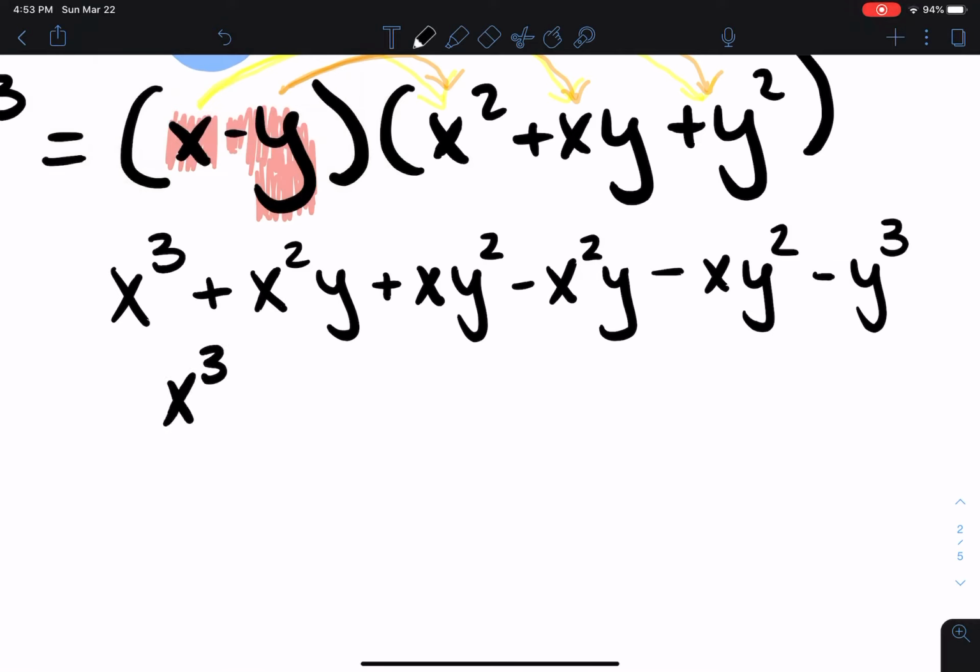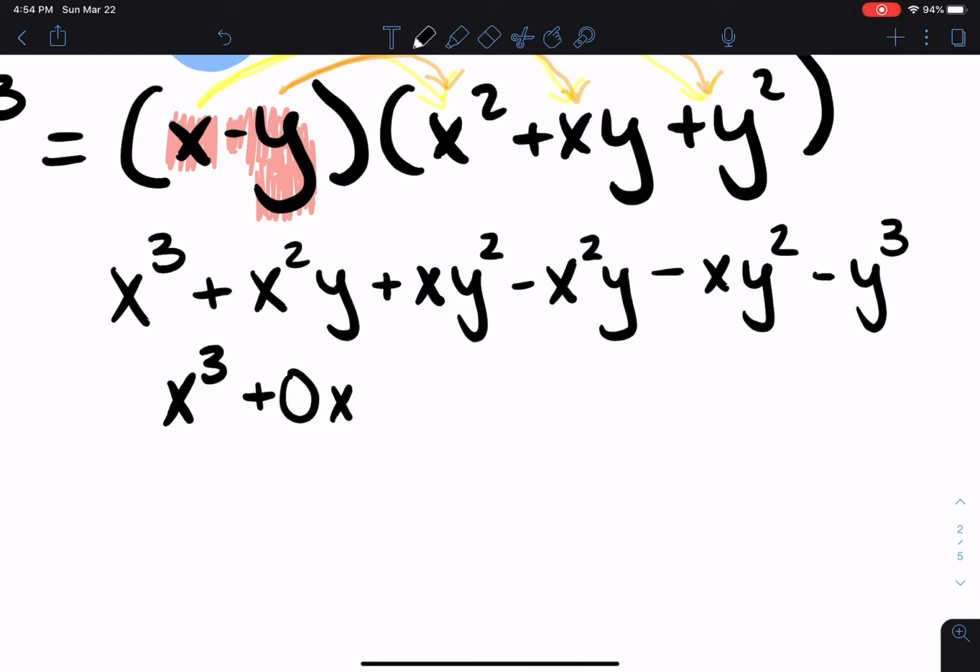Bring it down. All right, and then x squared y, can I combine this with anything? It's got to look exactly like this. We have to have an x squared and then a y. It can have a coefficient in front of it. It can be negative or whatever, but it has to be x squared times y. Is there anything similar? Well, I see one right here that's an x squared y. So that means that I'm going to combine x squared y minus x squared y, because that's a negative, right? So x squared y minus x squared y is going to give me